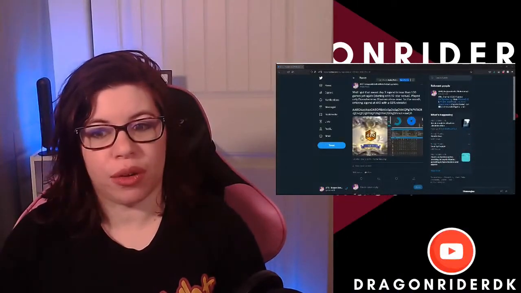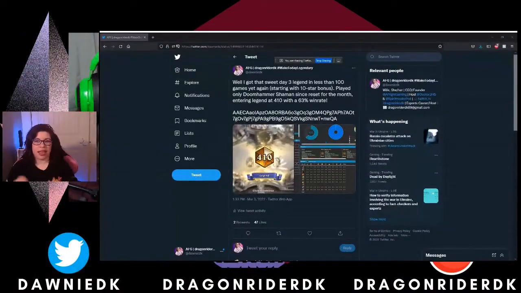We're going to go more in depth, but it is actually Doomhammer Shaman, and you can see the post that I made about it on Twitter here. Doomhammer Shaman entered at Legend 410. Check my Twitter if you want to see those exact stats, but I do want to walk through some of